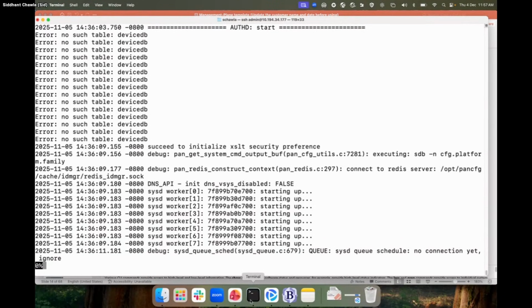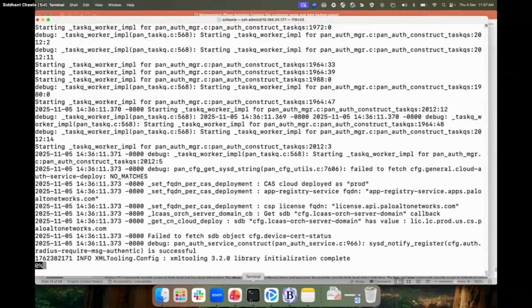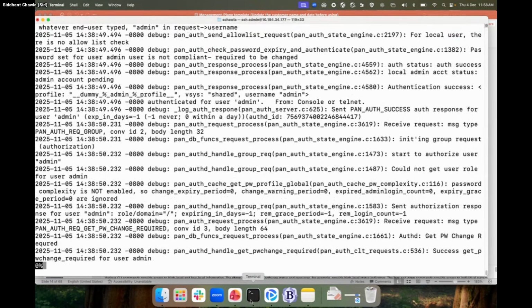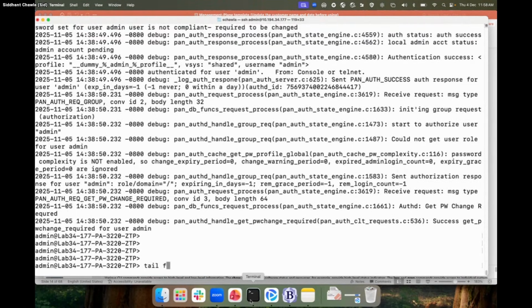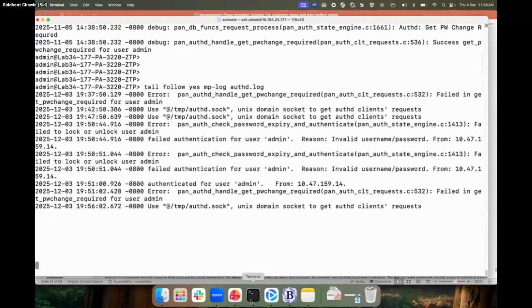So this is the authentication log. You can see all the logs being generated over here. If an issue has already been triggered and I need to verify the log at a certain timestamp, I can just open the authd file, go to that timestamp when the issue occurred, and read the logs there. If I am troubleshooting it live, I can use the tail command, tail follow yes mp-log authd. So here it is waiting for a new log to be generated. So suppose I try to log into my device,